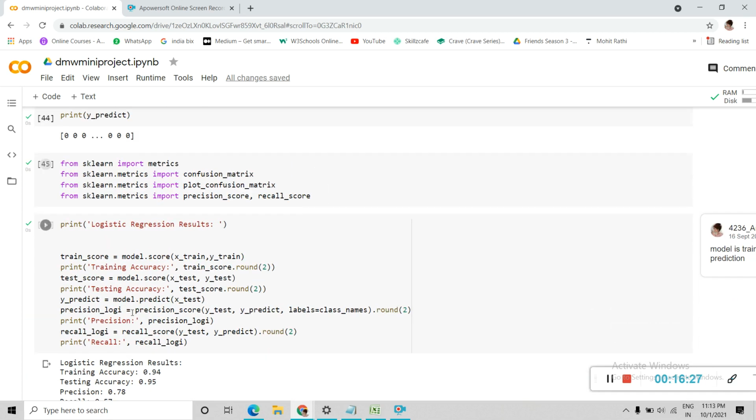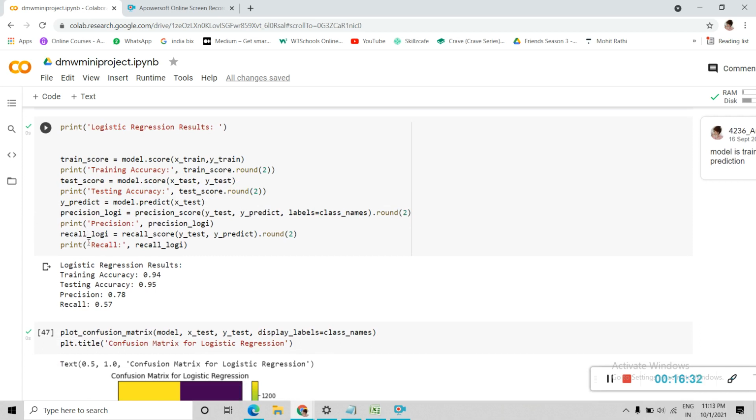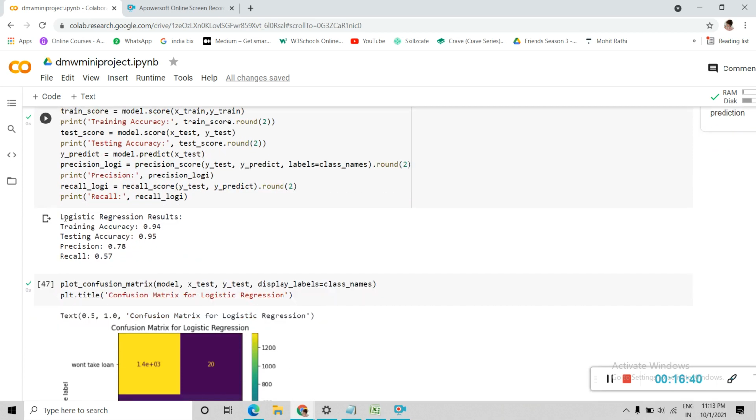We'll give it to precision_logic. Similarly, for the recall value, we'll give y_test and y_predict to recall_logic using recall_score. Now this is the output that we've got.